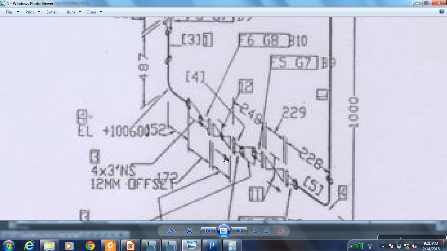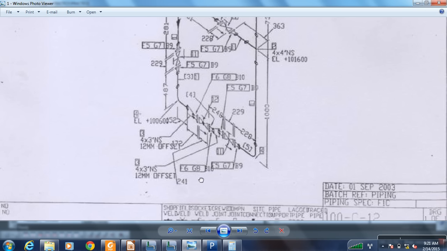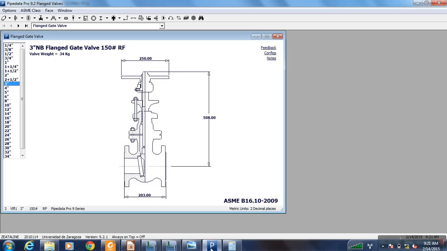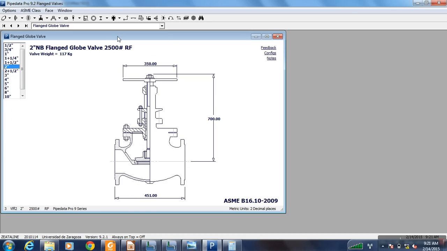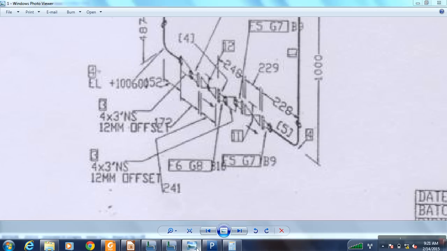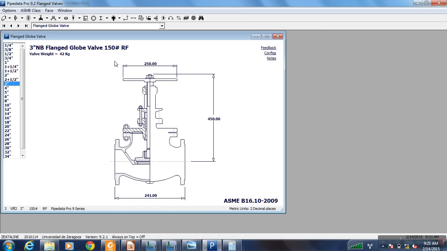How much is its length? 241. It's a globe valve. 3 inch. Those are globe valves. So we need a 3 inch globe valve, so the length is 241 and the weight is